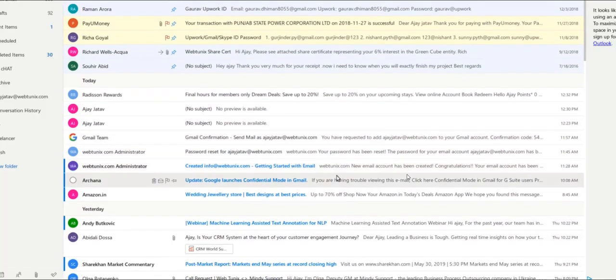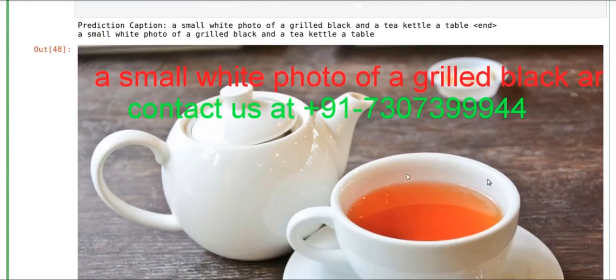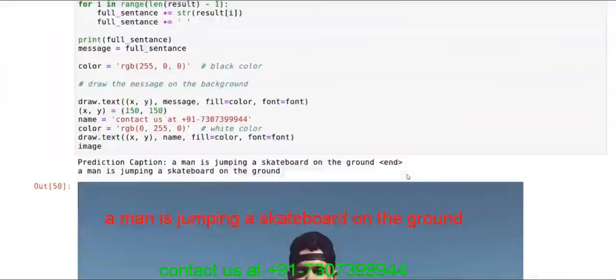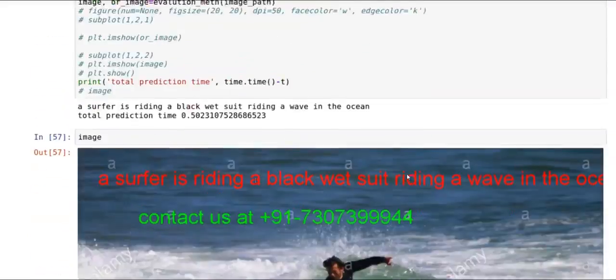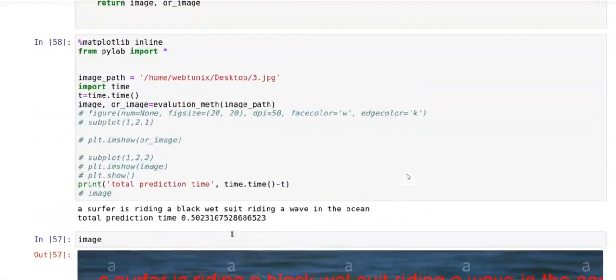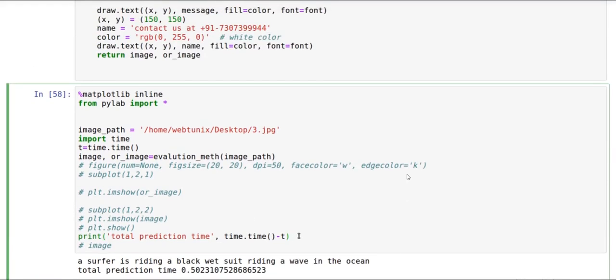You guys can also upload your own images and see the output. Let me run the program again, and I will try to demonstrate the same thing again to you.